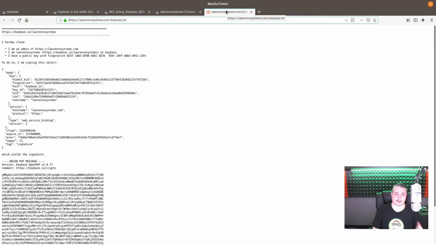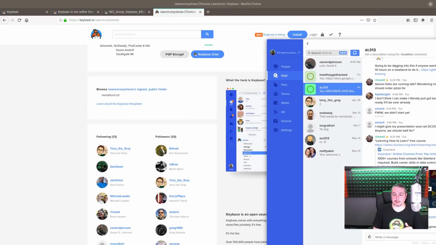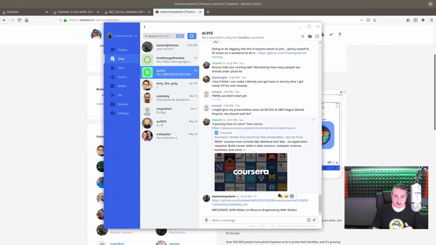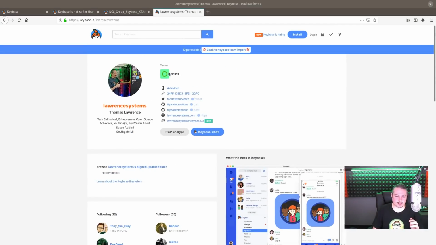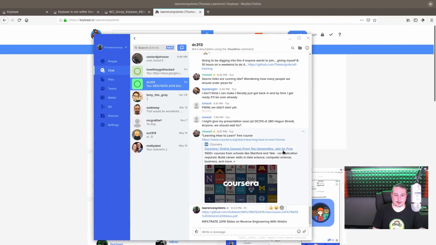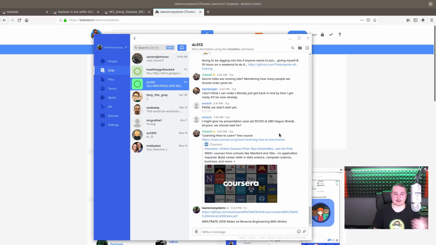Second, it's got a lot of chat features. End-to-end encryption is important because you want to communicate securely with people. And this is the public group, so I'm able to post this. If you see, I belong to the public DC 313. This is the DEFCON 313 group, and there are some public people in here because this is a group from